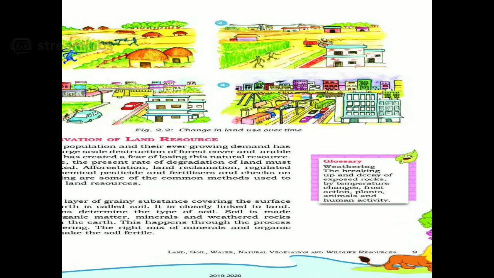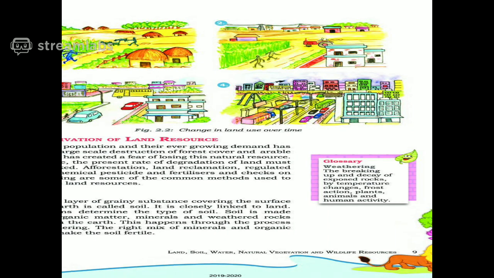In other words, we can say the growing population has caused growth in demand for land, and this has led to the destruction of forest and arable land. Arable land means land which could be used for agriculture, which is fertile. But now that fertile land has been destroyed, and instead flats have been built. It is illegal, but the government is trying to stop it. It has been made illegal.